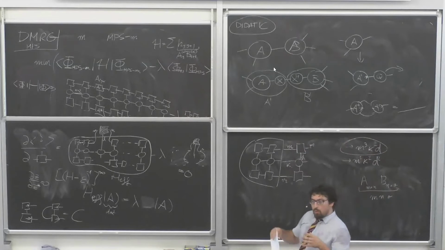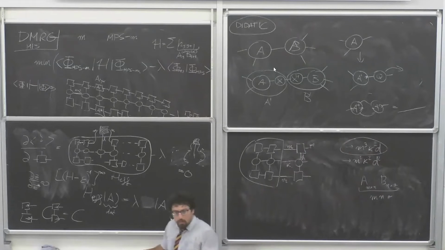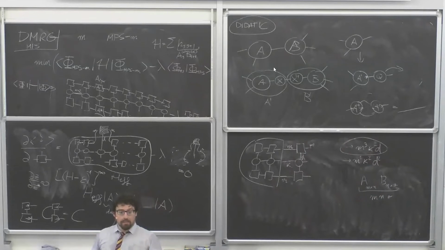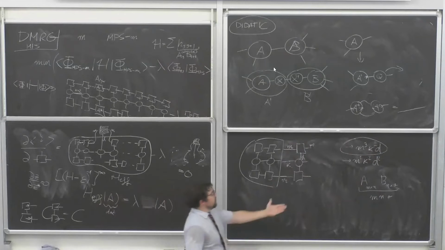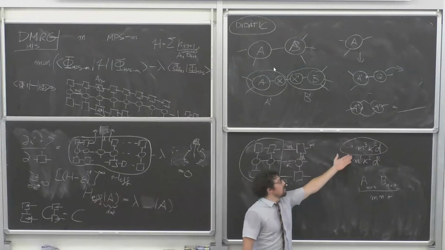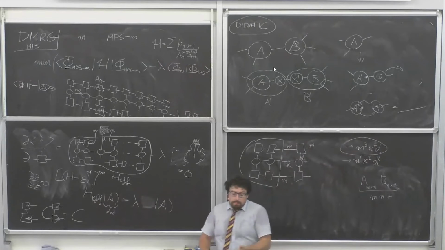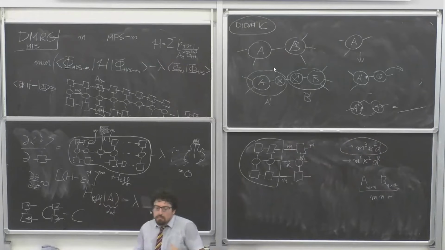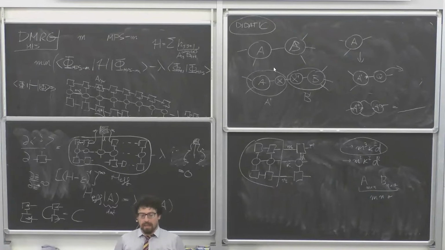M was my refinement parameter, so how much entanglement I want to describe. Remember, the entanglement that I can describe of any bipartition is the logarithm of M. That means that if the entanglement saturates, I don't need a very big M. The values typically considered, even in the most complex scenarios, are never more than 1,000, 10,000. So that's totally doable on your laptop. You don't even have to go to